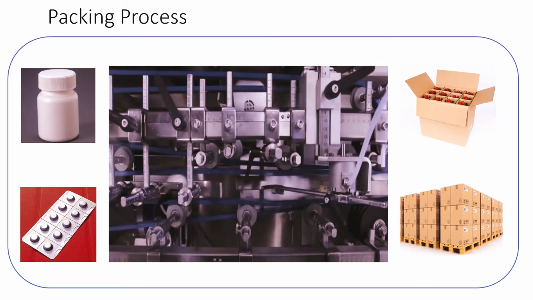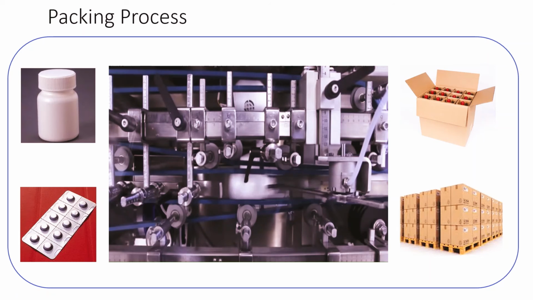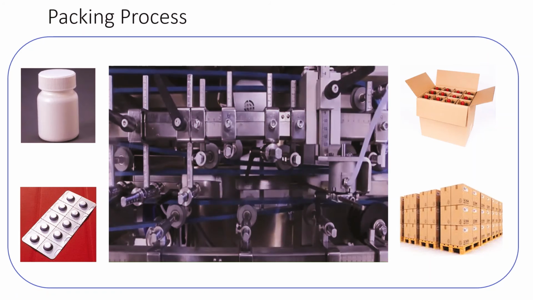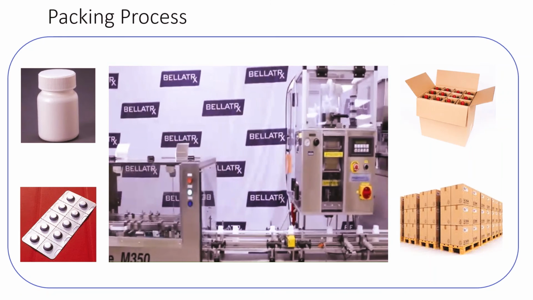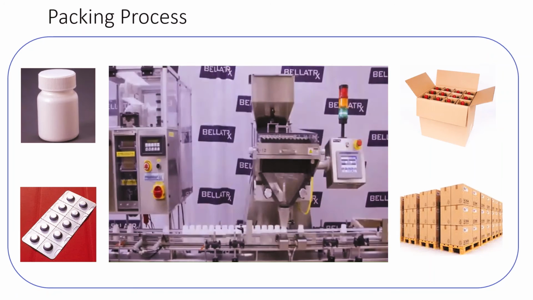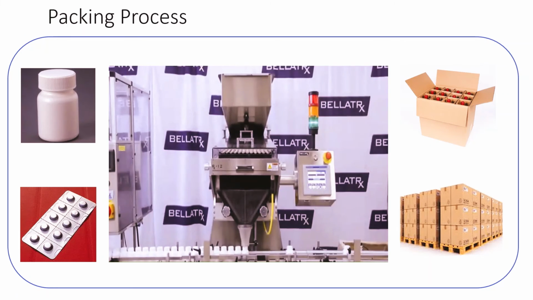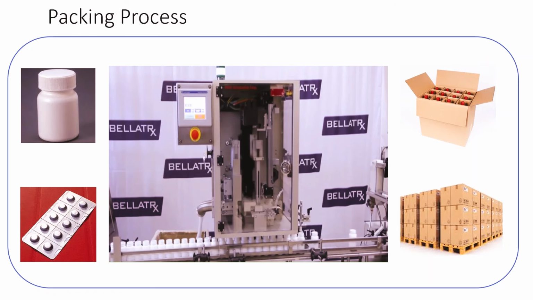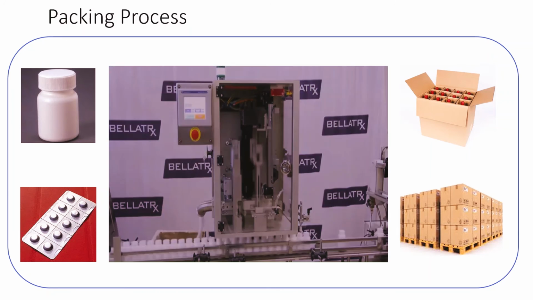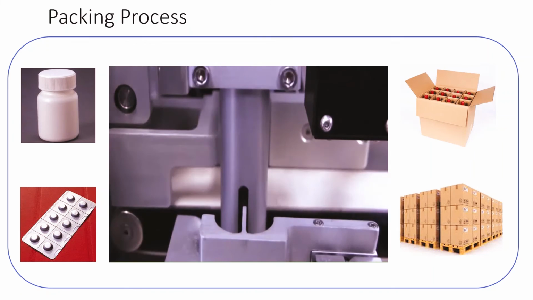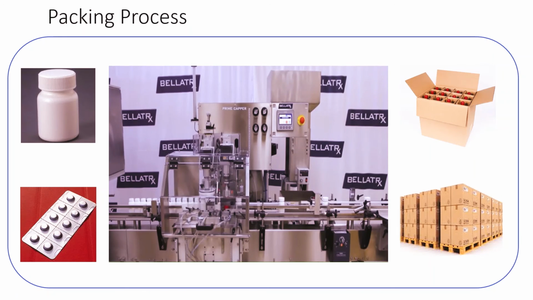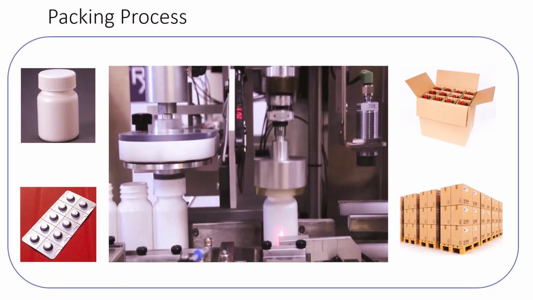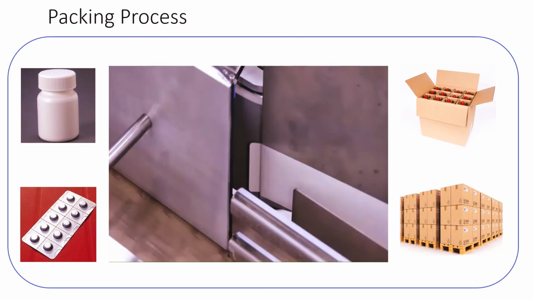So once the tablet is ready, we need to pack it either in a blister or in a bottle. Here the packaging is divided into 2 stages, primary and secondary packing. Here let us see a simple video where we can see how the tablets are packed in a bottle. First, the empty bottles are filled with the tablets, and then they need to be capped. So the caps come in the inline capper, and then it puts caps over the bottles. Then it needs to be torqued, and then it needs to be sealed and labeled.